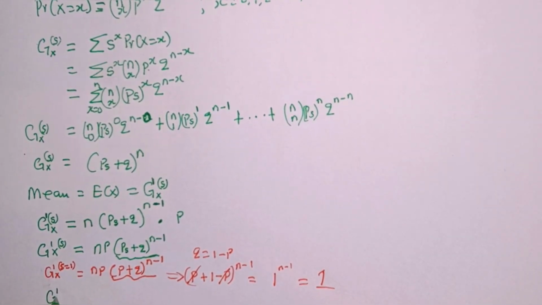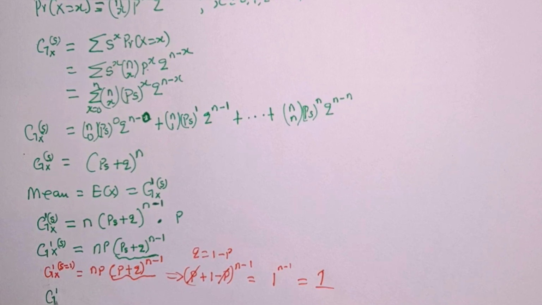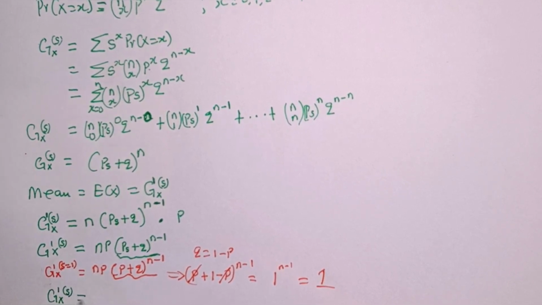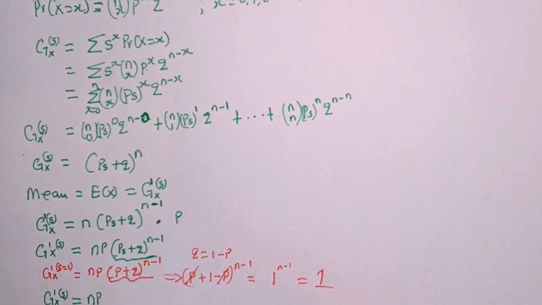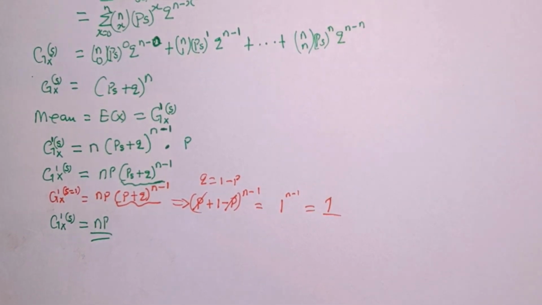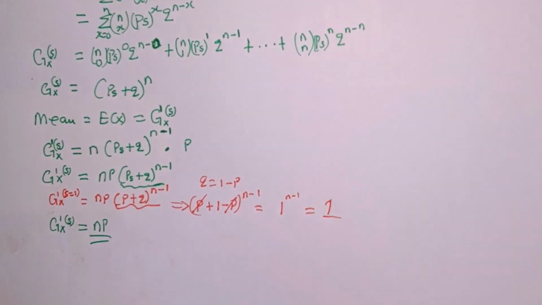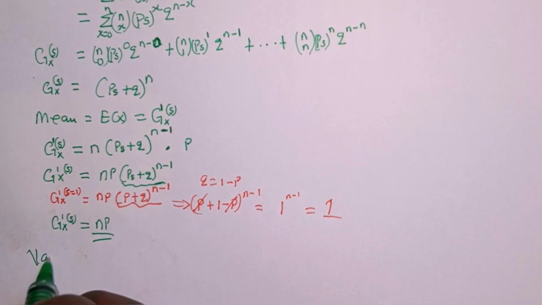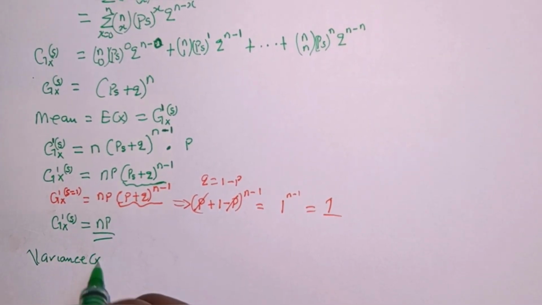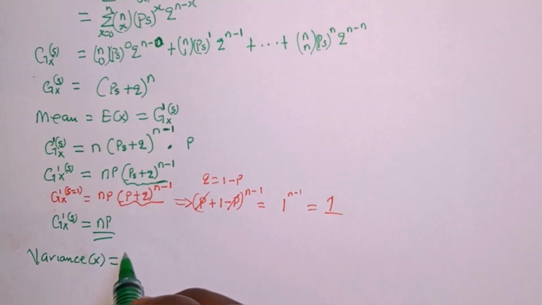Therefore, the mean, which is g prime, the first derivative of x at s, is the same as np, because np multiplied by 1 is np. Having gotten the mean, the next thing we are going to look at is the variance. And we know the variance of a probability generating function is the variance of x, which is equal to